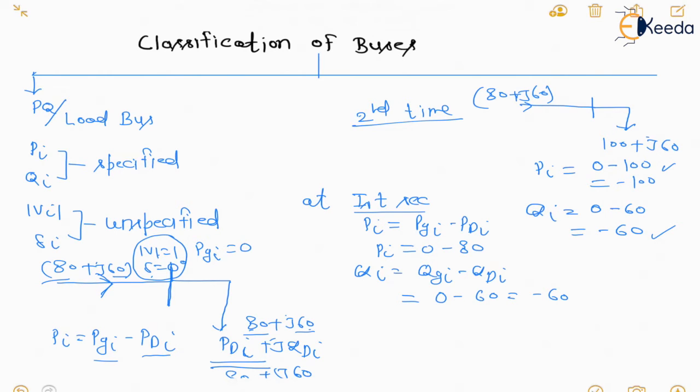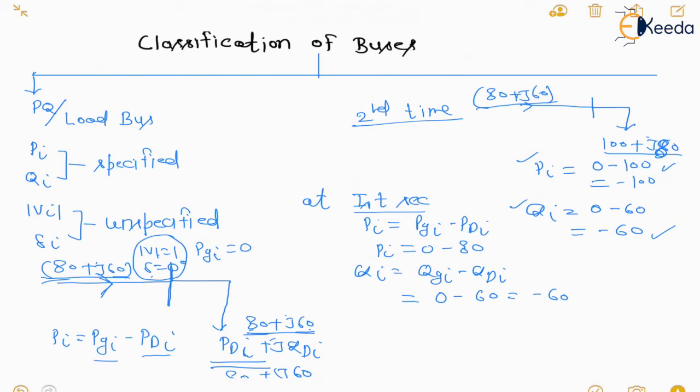And one more thing to consider: at the first second, the power demand was 80 plus j60 and the power supplied from the source was 80 plus j60, so voltage was V equal to 1 and delta equal to 0. When the load changes and the power supplied from the source has not changed, the load has changed to 100 plus j80, let us assume 80. It can be 90, it can be 100, whatever the value, it should be different from the previous value, in both active power and reactive power. Previously our voltage was V equal to 1 and delta equal to 0.